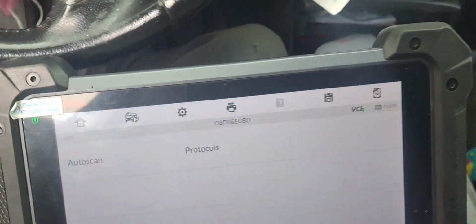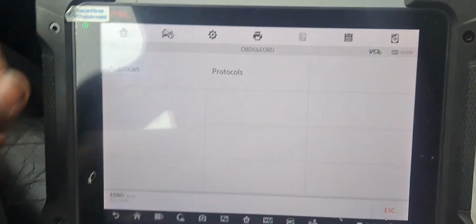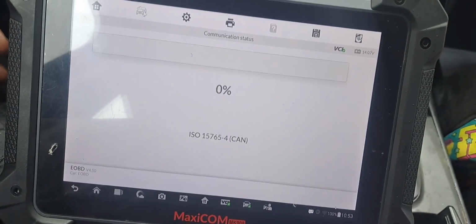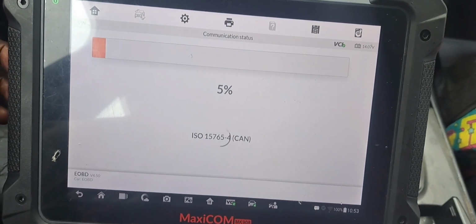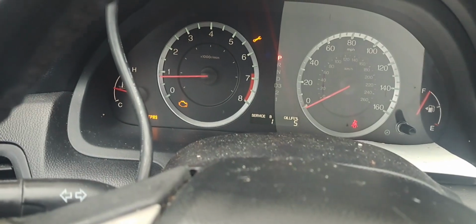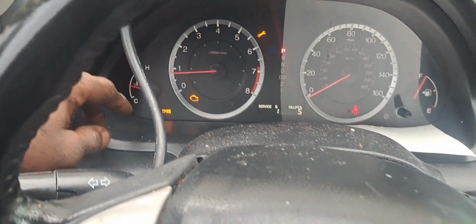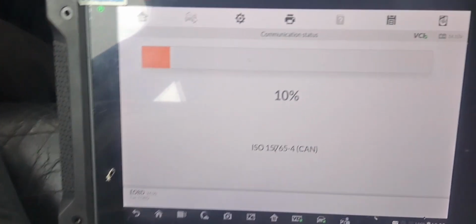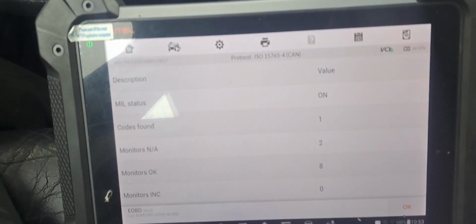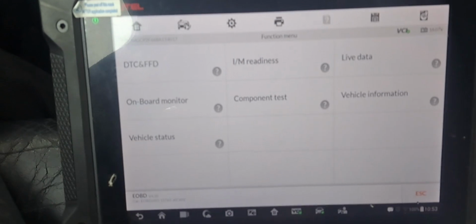Get this door closed. We got a 2010, I want to say, Honda Accord. I think I'm right. But it's got a check engine light on. I got to do some maintenance on it. I got to change the oil, change the motor mount, oil control valve with a VTEC solenoid, and a couple